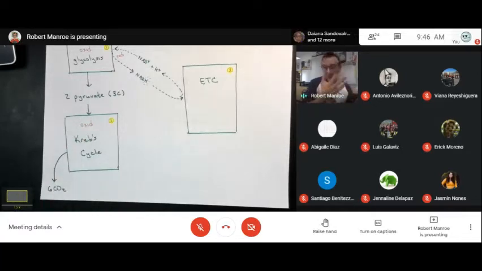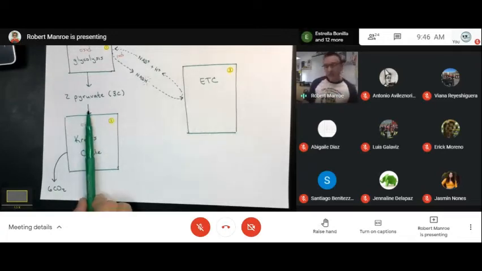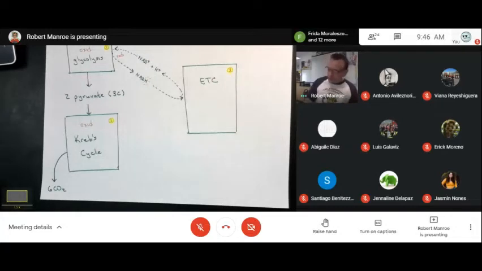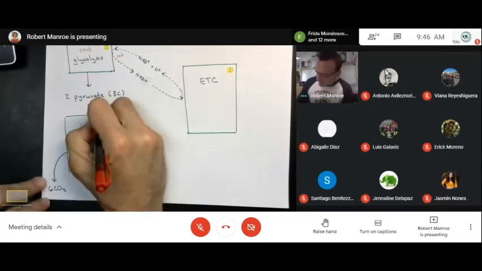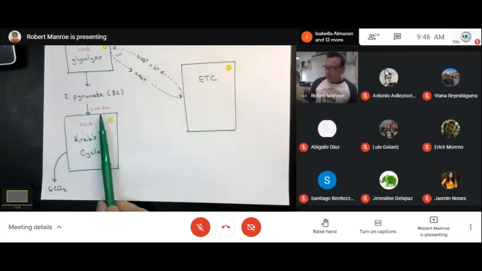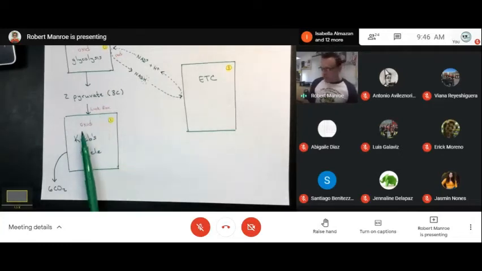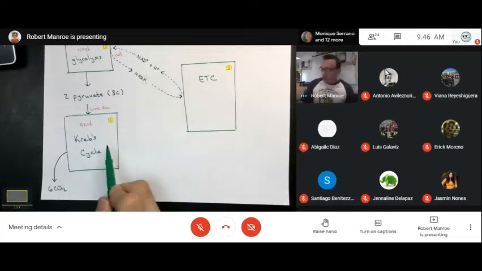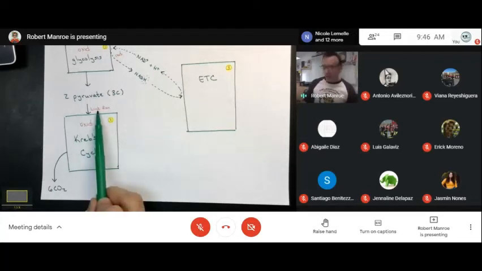So all of the CO2 that we breathe out, 2 of them are pulled out right there in what's called the link reaction. If you really want to know, the link reaction sits right there. 2 of the carbons are pulled out here, and 4 of the carbons are pulled out here. So as you sit here taking your notes, CO2, right? Where'd all that CO2 come from? 1/3 of it comes from here, and 2/3 of it comes from there.